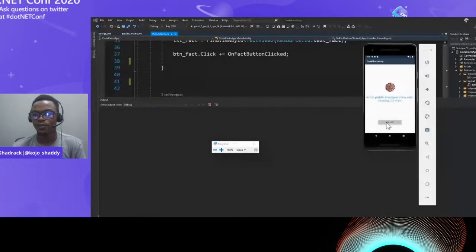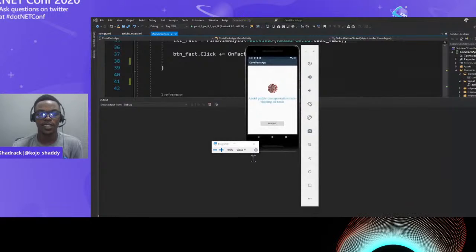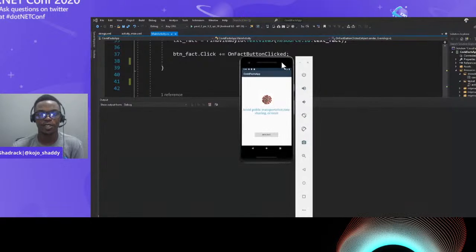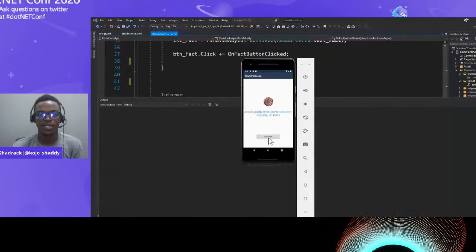So when I click on new fact, it should change randomly. It should give me a new fact. So this is what is happening. Let me put it here for all of us to see. If I click on the new fact, it's changed. If I click on it, it gives me another fact. It changed. So this is a simple application